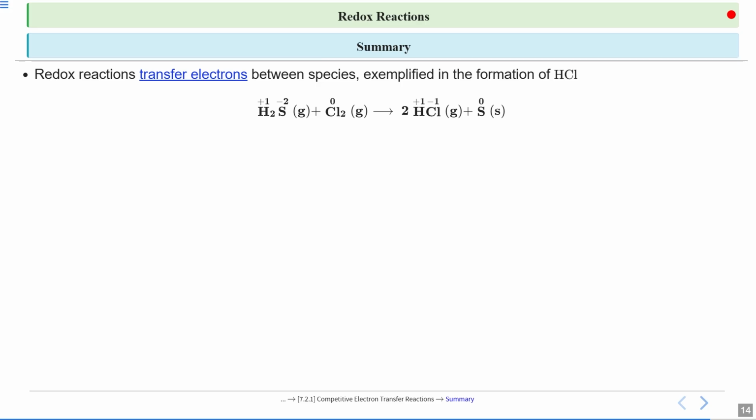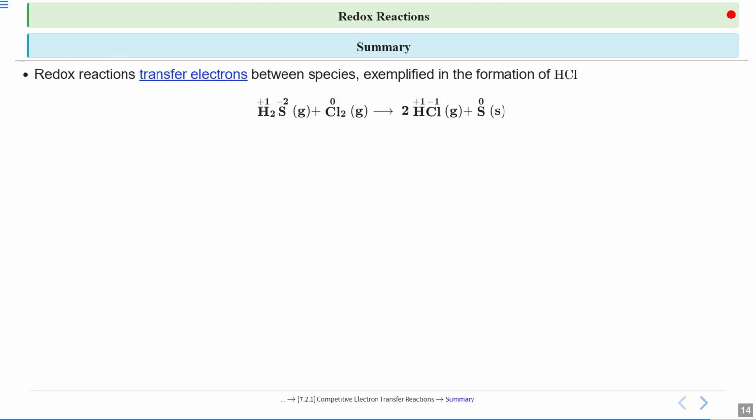While if we consider the oxidation numbers of hydrogen, sulfur and chlorine in both the reactant and the product, you will find that hydrogen has an oxidation number of +1 in the reactant and in the product it is +1. While if you consider the oxidation number of sulfur, it is -2 in the reactant and 0 in the product, that means the oxidation number has changed from -2 to 0. That means it has increased. While if you consider chlorine, it has an oxidation number of 0, while in the product it has an oxidation number of -1.